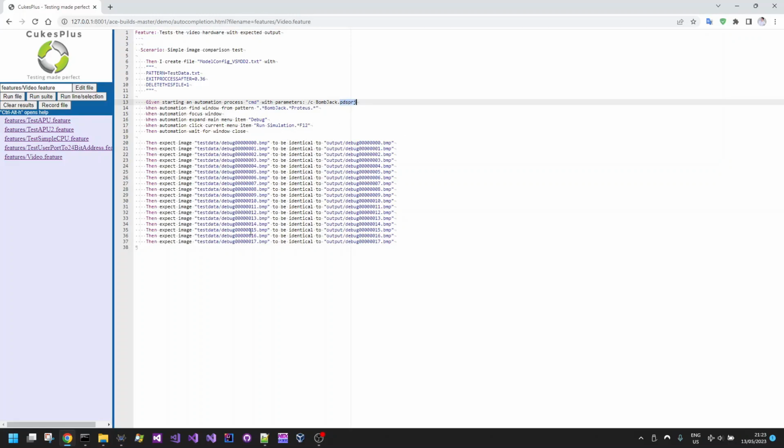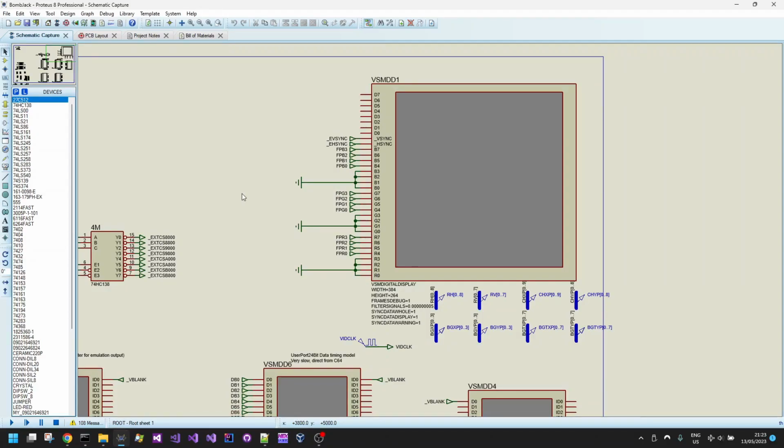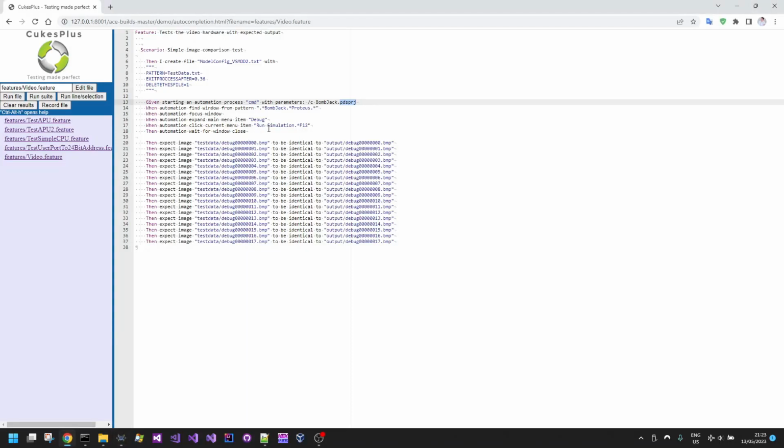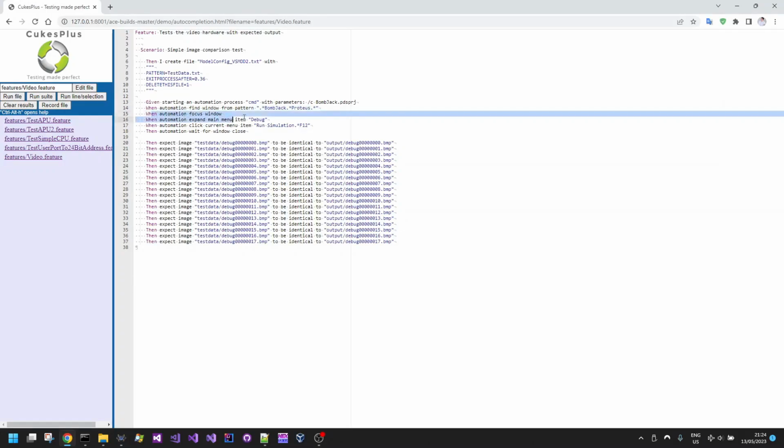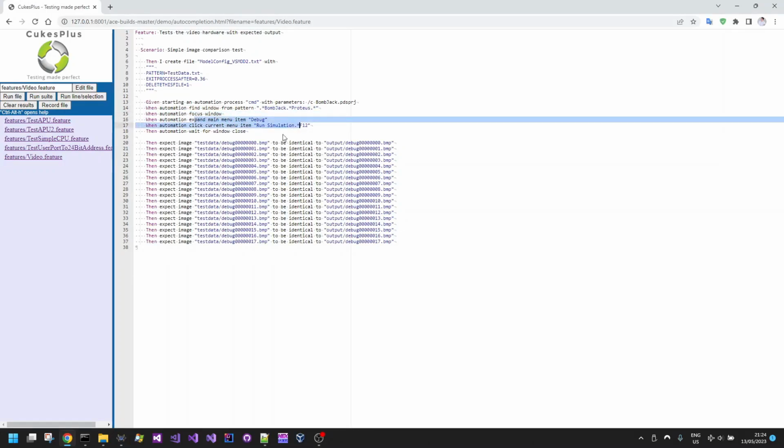So then it runs this Proteus design tool, and it loads the same file, and then it waits for the window, which is called, this is a wildcard. This is actually a regex for looking for a window which has bombjack in it and the word Proteus in it, which is what we have here, bombjack and Proteus. Okay, and then it focuses the window, it expands the main menu, it expands the debug menu, it looks for the debug menu entry for run simulation with the F12 key, and it clicks that menu item,